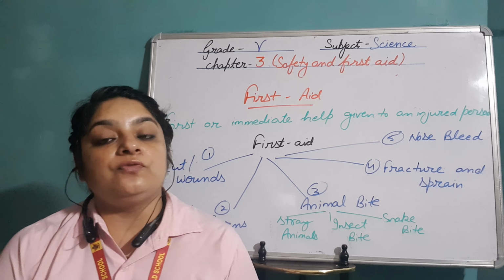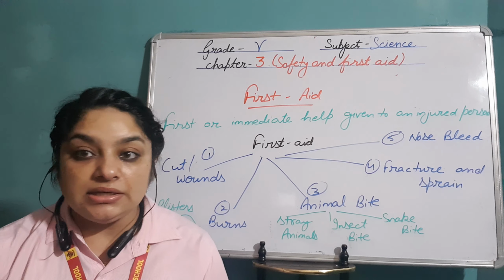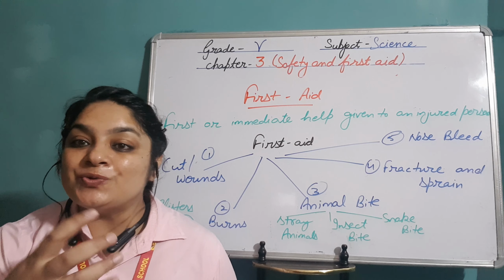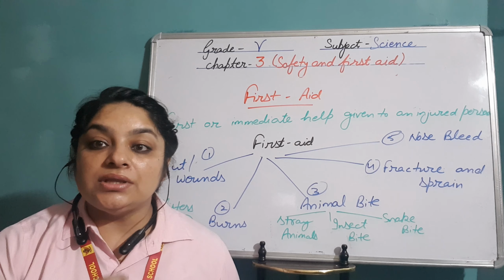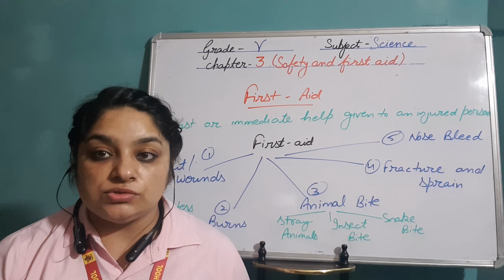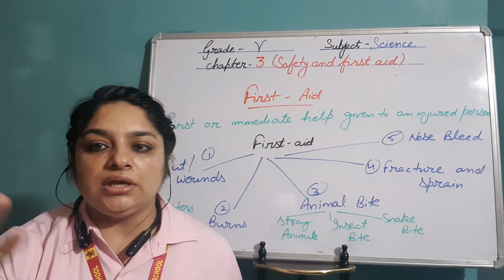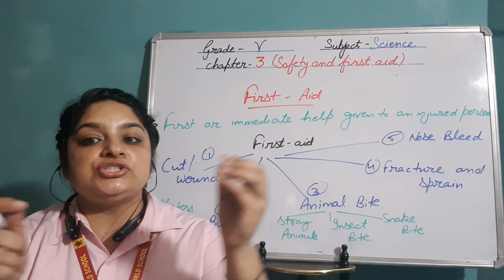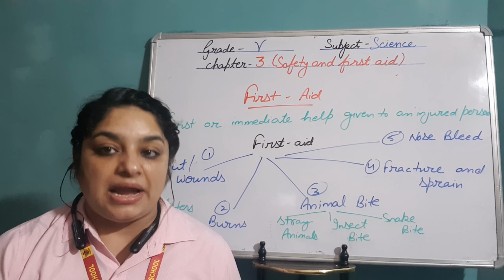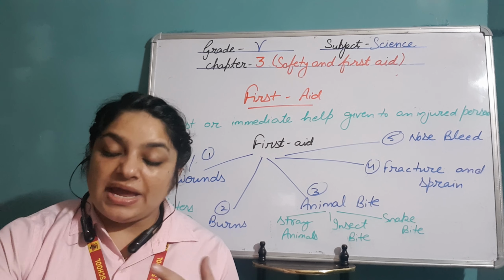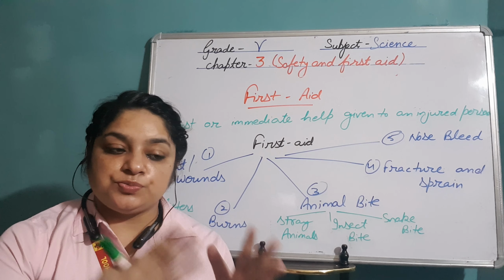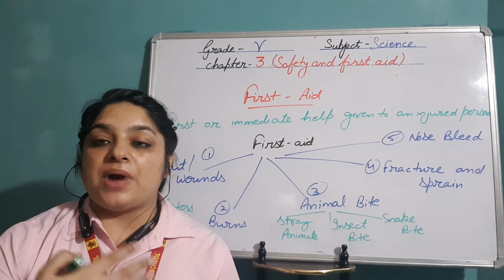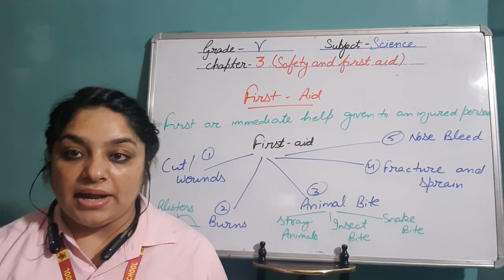So what type of first aid should be given in sprain? First of all, do not move that part. After this, we can use some ice pack, or even pain relieving sprays are available, for example Volini, Iodex Move. We can apply these. And then you must have seen an orange colored bandage. We call it an elastic bandage. After applying the spray or the cream, we can cover that part with the help of the elastic bandage.